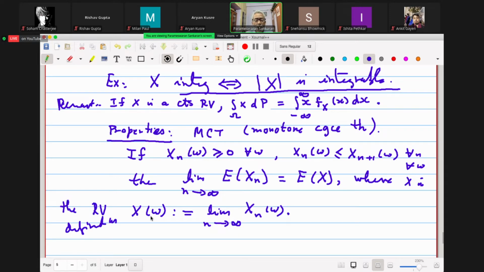So this is indeed a random variable. All those things one has to check, in the sense that the statement is that if each xn is a random variable, or F measurable, then x is also F measurable. So x is a random variable, and if each xn satisfies this property for all n and for all omega,